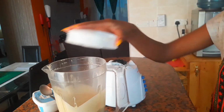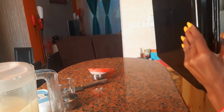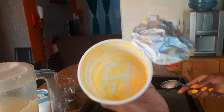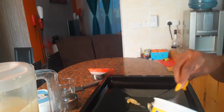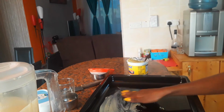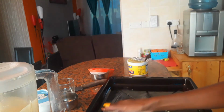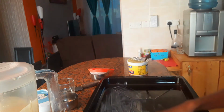It's a good idea because I have no mixer, so I decided to improvise as usual. It's my work. Smear. This is to avoid the cookies from sticking at the surface. So